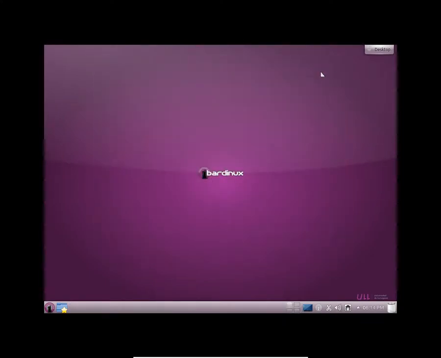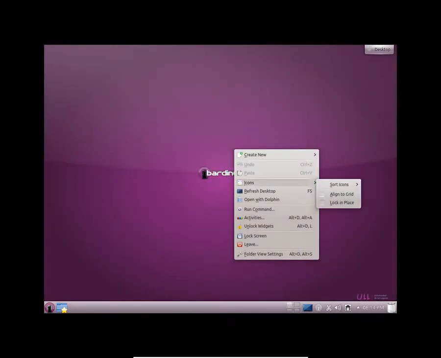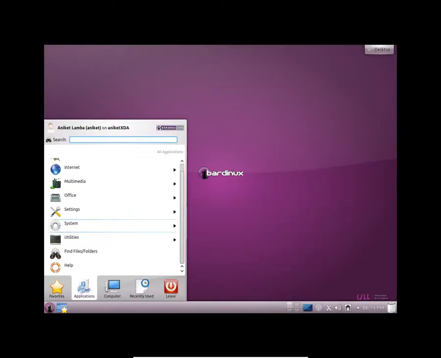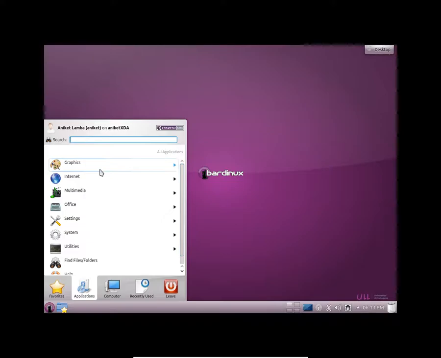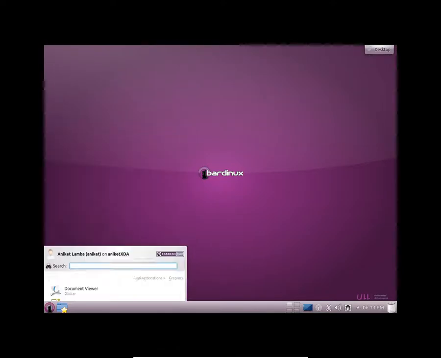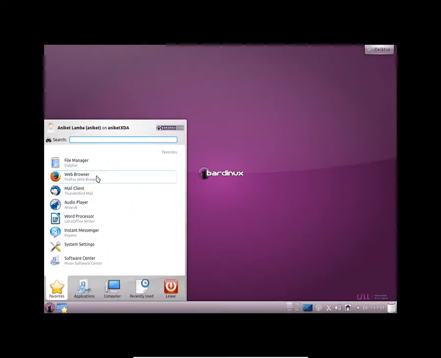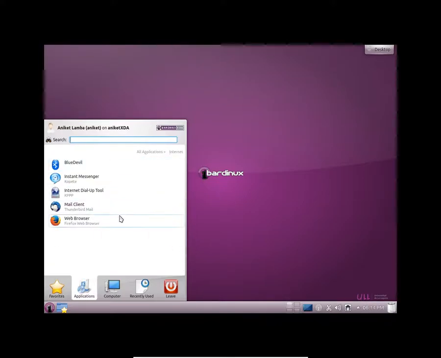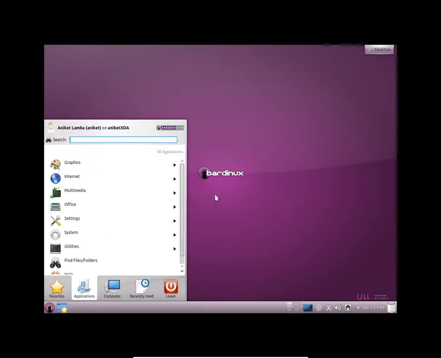Okay, so I'm gonna review this, I'm gonna check it out later on. And yes, you do have a lot of applications here. Let me just show you the applications. In the graphics you get these applications. You get K snapshot as a default screenshot application here. Let me just quickly jump to internet. So you get Firefox as a default web browser, you get Thunderbird as a default mail client, you get Instant Messenger as copied. I don't know what this is.